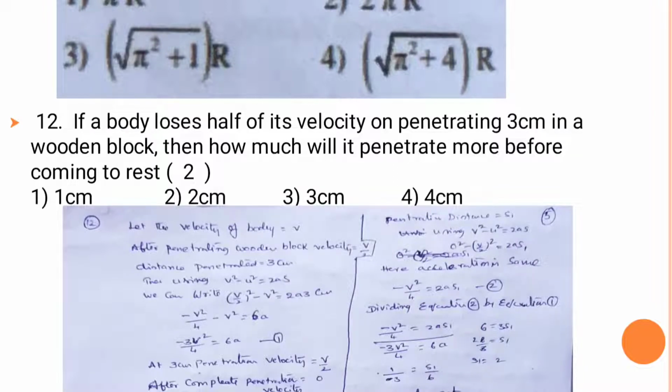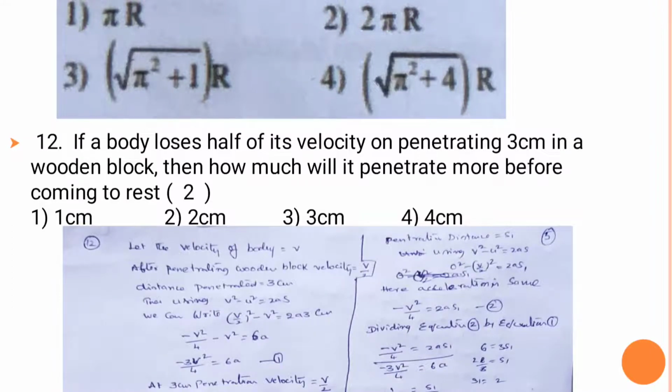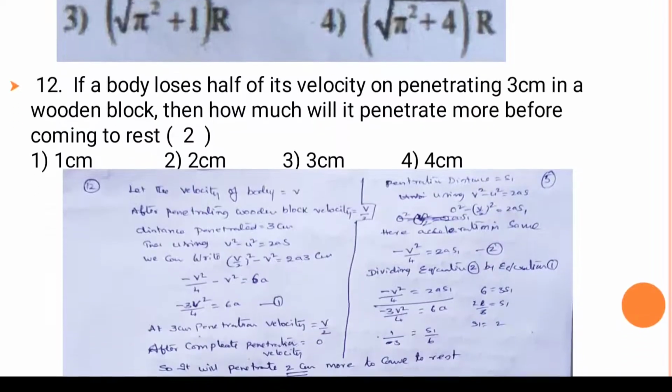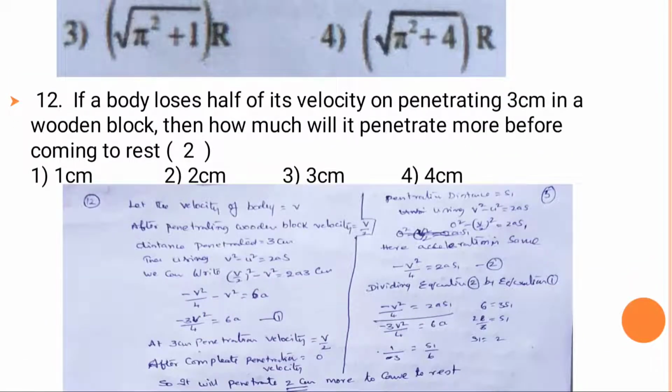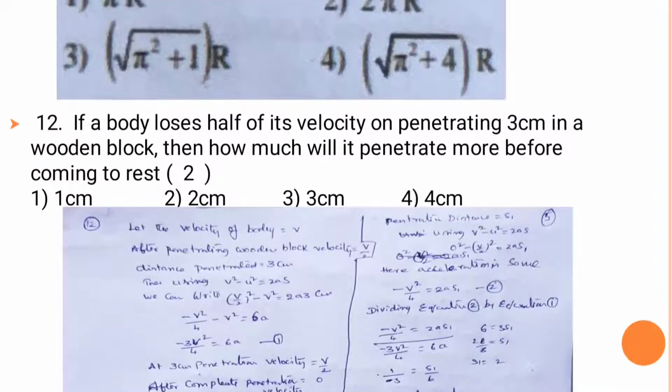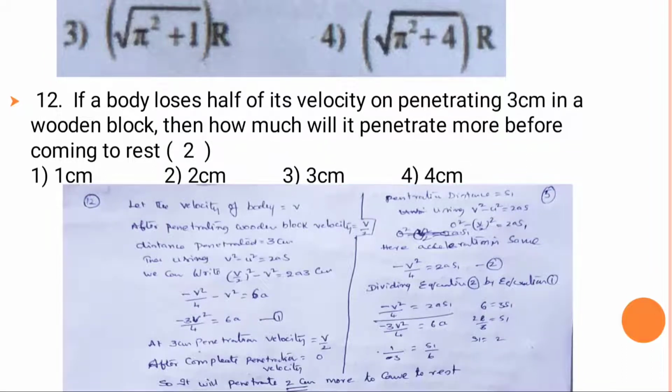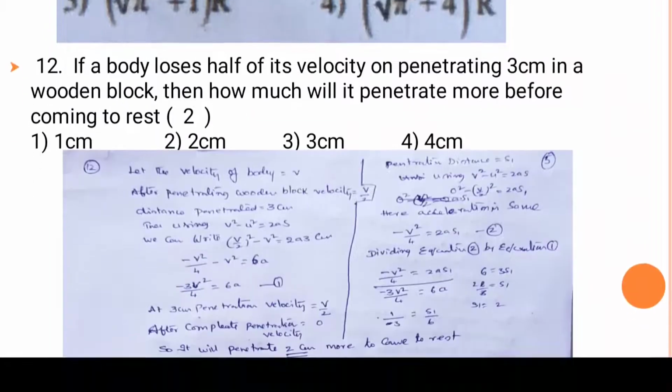Now we have to find the penetrating distance, which can be taken as s1. Once again, using the formula v square minus u square is equal to 2as, substituting the final and initial velocities, you will get minus v square by 4 is equal to 2as1. This is equation 2. Now dividing equation 2 by equation 1, by very simple mathematical simplification, you will get 1 by 3 is equal to s1 by 6, and 6 is equal to 3s1. s1 is equal to